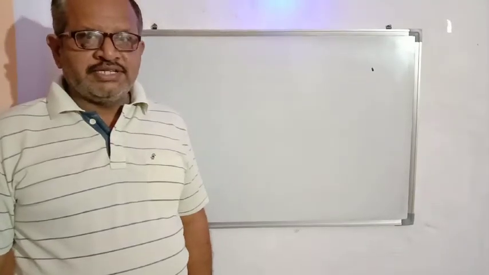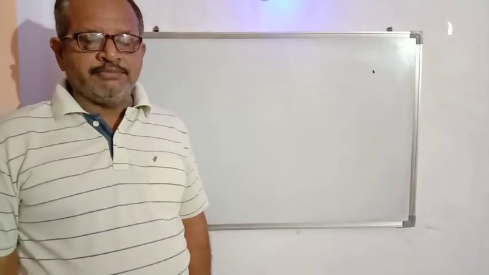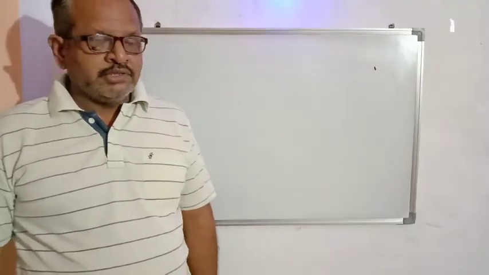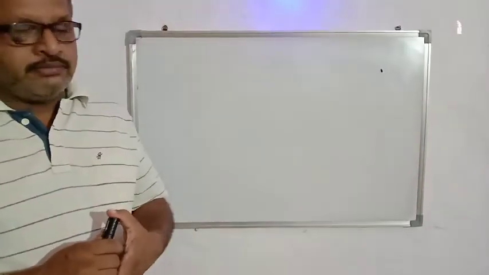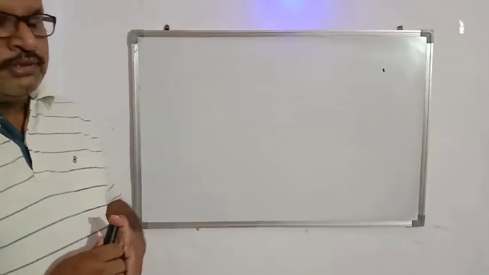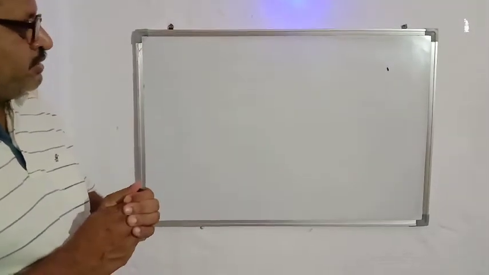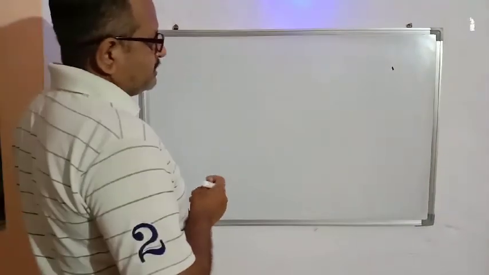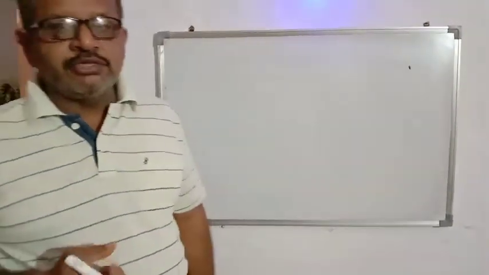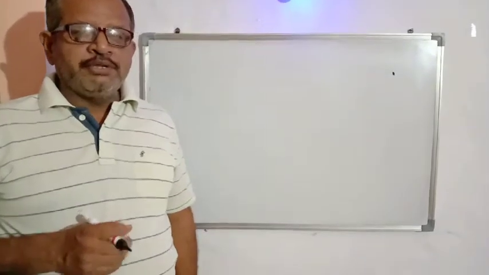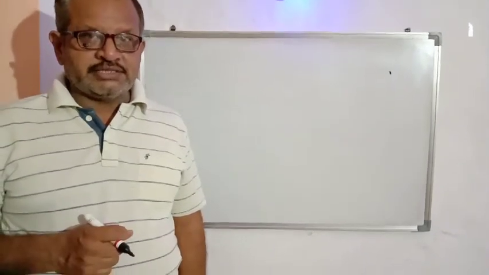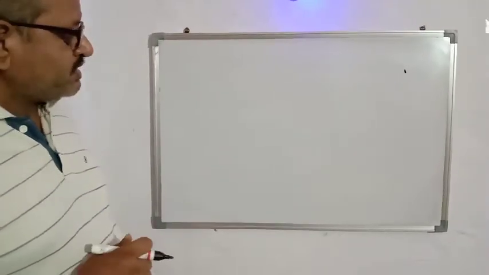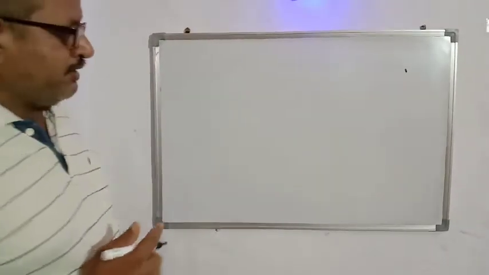Students, today we will discuss some practical problems based on sets using the Venn diagram. So how will we apply the Venn diagram in solving problems based on sets? Suppose in a school some students play cricket, some play football and a few play tennis. The number of students is given. How will we represent it by a Venn diagram?